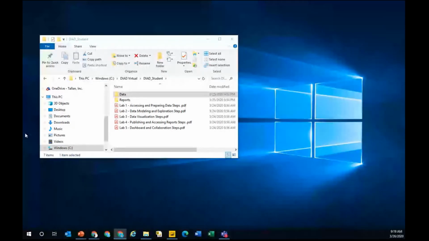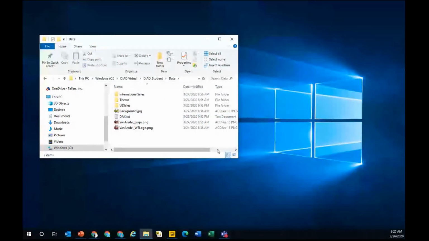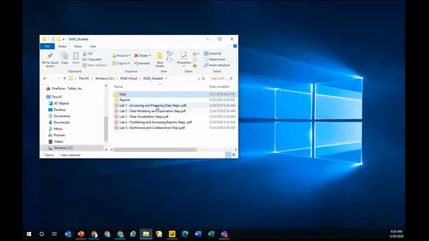Okay, so we're going to get started, and you'll see here I have some Windows Explorer open, and I'm going to go in and see what we're going to be working with for this demo. The goal is going to be to pull some data into Power BI Desktop, and Microsoft provided, and as of 2 days ago, an updated version of this lab that we're going to try to make available to folks virtually. But